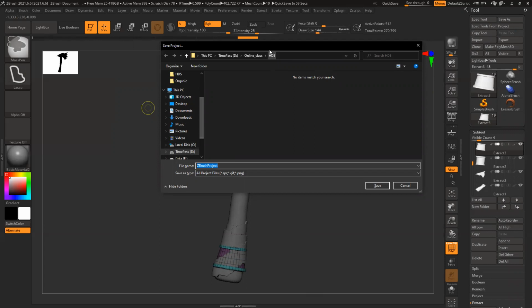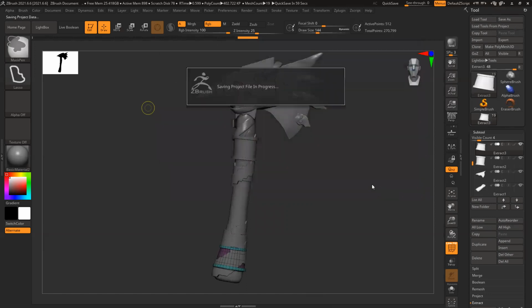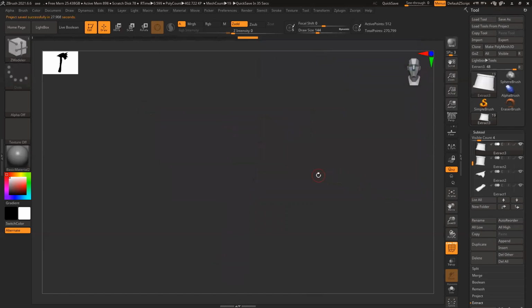If you want to save this same file, you can name it axe, but the extension, you can see, is ZTL, and this will be ZPR. ZTL is a ZBrush tool, ZPR is a ZBrush project. Save it. The project takes longer, and the project file is heavier.